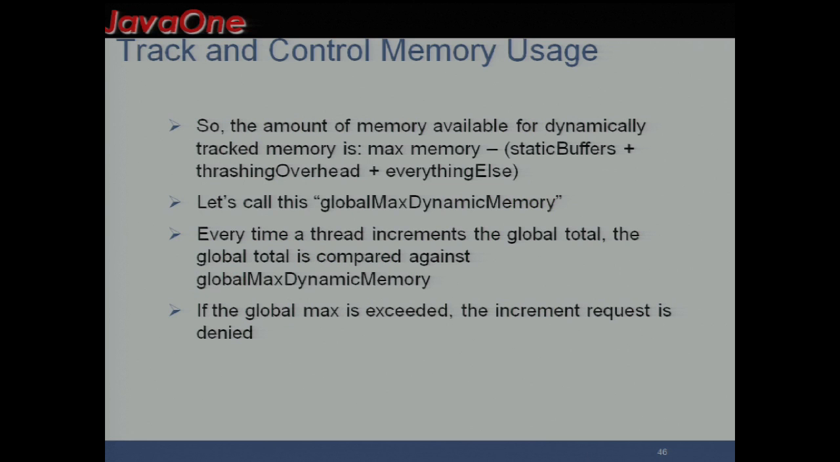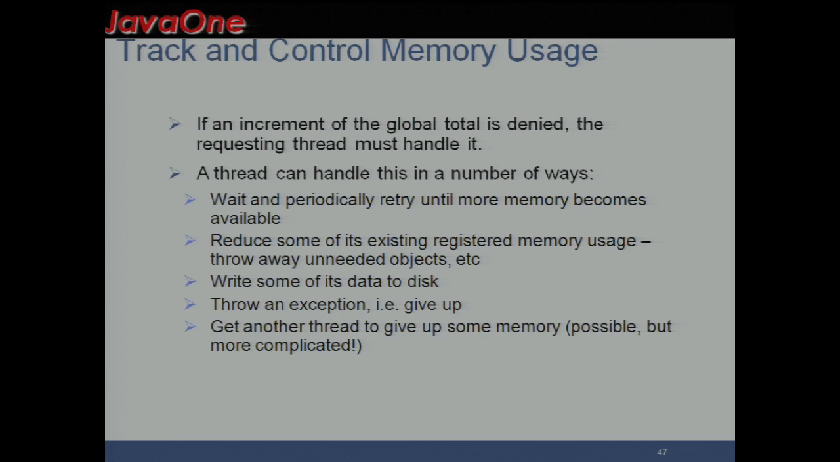All right, so the amount of memory you could have available for your dynamically tracked memory is your maximum memory minus all the other stuff you just reserved for your overhead and your statically allocated memory and so forth. And so every time you have a thread increment the global total, it just compares it against this limit, and if it's exceeded, the request is denied. So, okay, it's denied. What are you going to do? Well, if it gets denied,